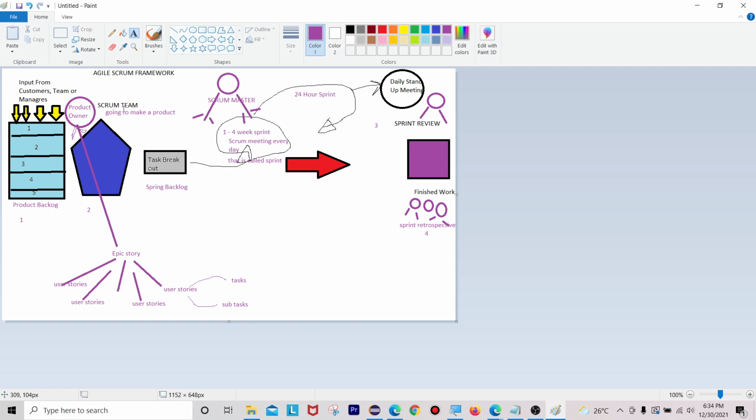Once that product is made by the scrum team and finally delivered, they can have one meeting called the sprint review meeting. Once that is done, they can have one more meeting, the sprint retrospective meeting. During this scrum framework you will have a daily meeting, the daily stand-up meeting or scrum meeting. There you answer three questions: what you planned for the day, what you did yesterday, and whether you face any obstacles while following the process. These are all the stages if you are following the agile scrum framework methodology inside your company.